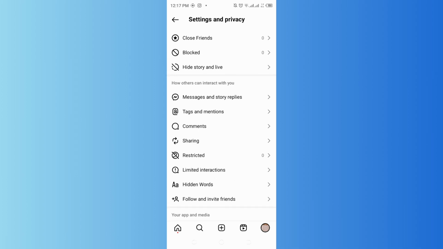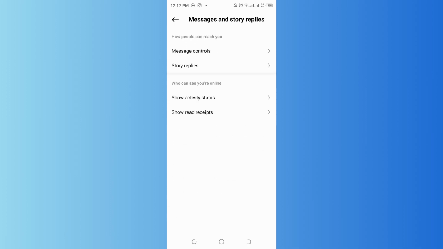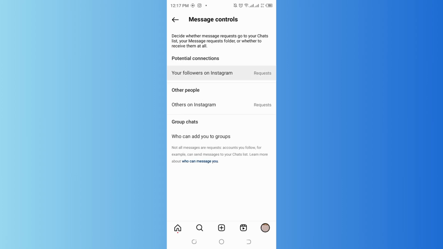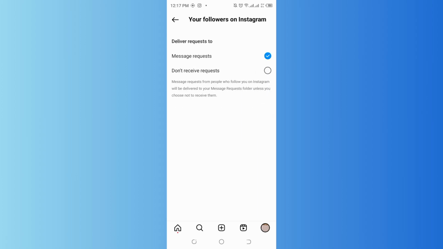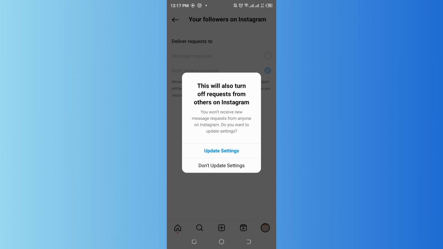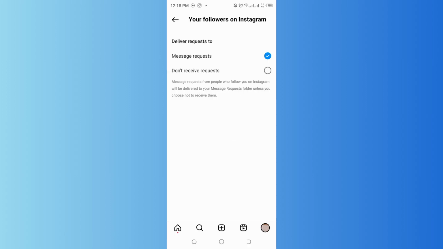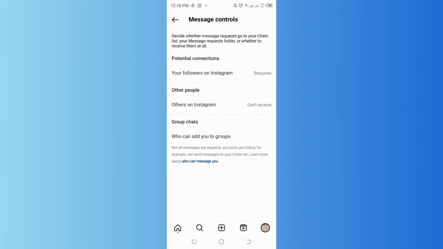You tap on Messages and story replies and go to the message controls, and here you could see your followers on Instagram have to request, or you can simply change it to do not receive requests like this. Message request, you have to set back to the message request and go back,